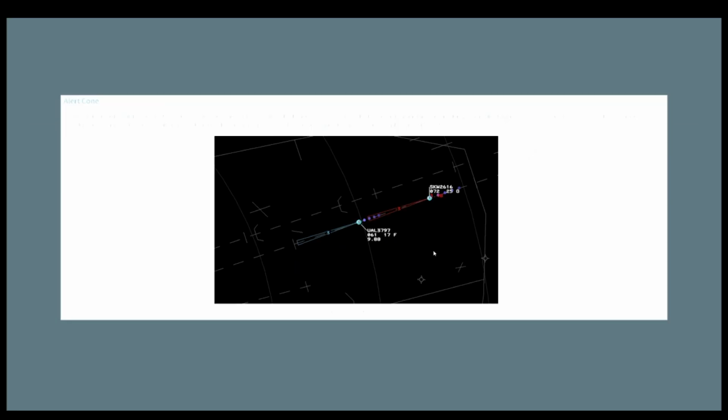Now, if you don't do anything and the overtake is good enough, you're going to get an alert cone. And an alert cone is red. The cone will change red as well as the in-trail distance there. And what that's telling you is that it's predicted to lose separation within 24 seconds. So when you get a red cone, you really need to take action. You don't have a lot of time. We see these a lot